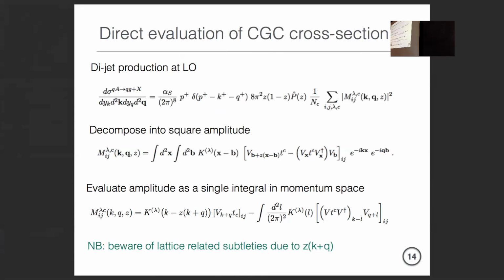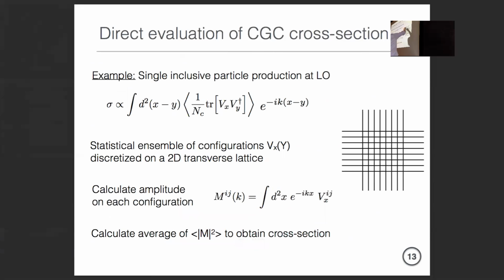Now, in principle, you can write this down as two-dimensional integrals. Actually, again, it's easier to do this in practice in Fourier space. There's really only one subtlety, which is related to the fact that if you have this non-eikonal splitting, then somehow the coordinate of your parent quark system is not necessarily on a point on the lattice. In coordinate space this seems simple: say your quark would hit here, your quark-gluon would hit here, and the quark-gluon, depending on z, could hit somehow here. If you do this in coordinate space, you would just interpolate here and so forth.